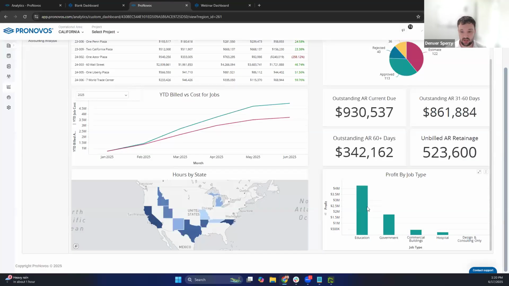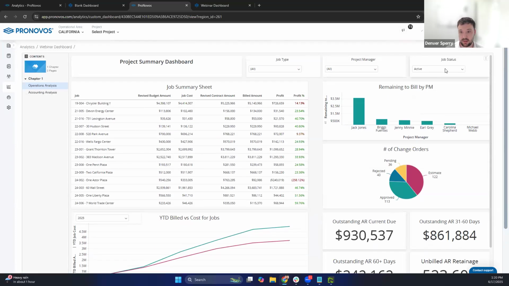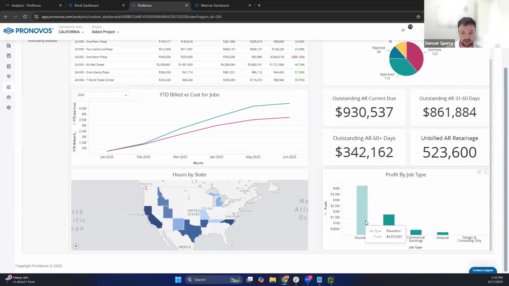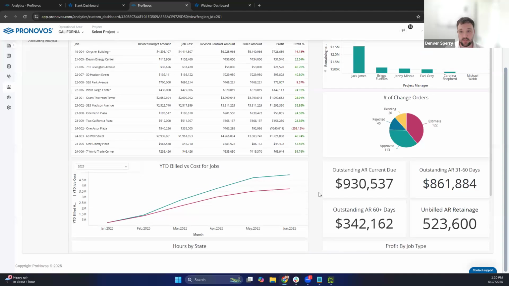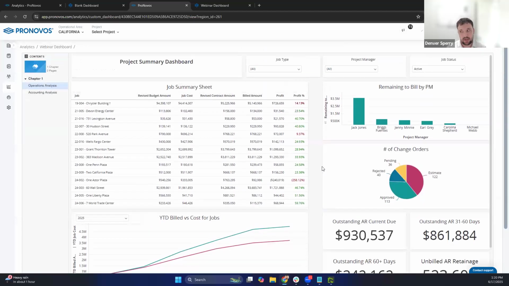So then the last chart here, pretty simple, right? Profit by job type. So total profit dollars based on active jobs. So education leading the way, then government, commercial, etc. Okay. So for those that might be more interested in the project management reporting,